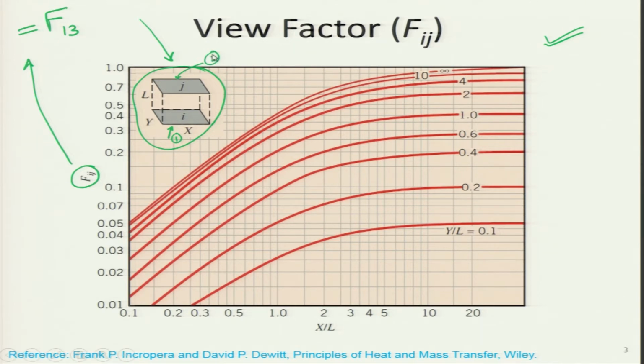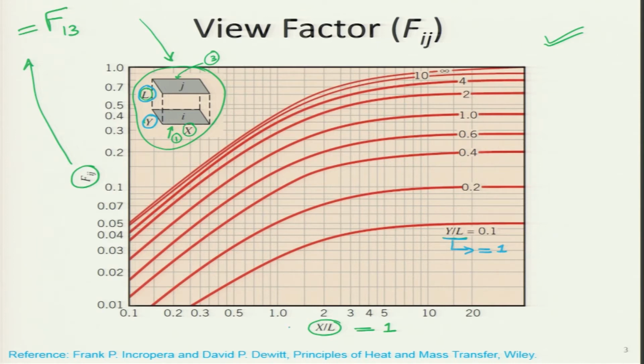So, let us try and analyze how we use this particular graph. In this graph we can see on the x axis there is the ratio x by L, this parameter over here, where x is this and L is the distance which separates the surfaces. If I am assuming the cube, in my case this value will be equal to 1. This is the side of the cube divided by the height of the cube. What is this other variable? y by L, that is another side of the cube. Let me pick blue color. So, this is y divided by the height over here. In my case this value is also equal to 1.